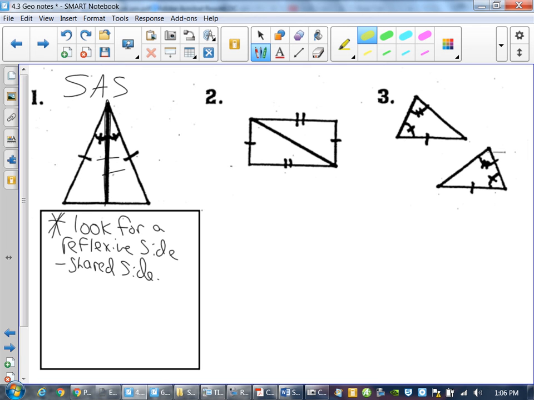On number 2, is there an overlap? Is there a shared reflexive side? Yeah, that diagonal. That diagonal is what we would call reflexive. It's congruent to itself, therefore the 2 triangles become congruent because of